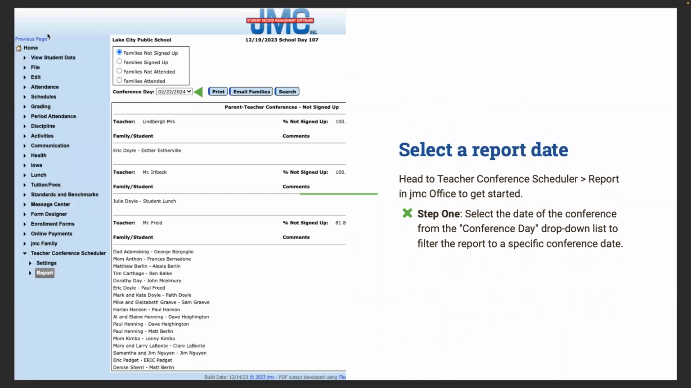So to begin, head to Teacher Conference Scheduler Report in JMC Office to get started. So come down to the Teacher Conference Scheduler and then Report. Step 1, select the date of the conference from the Conference Day dropdown list to filter the report to a